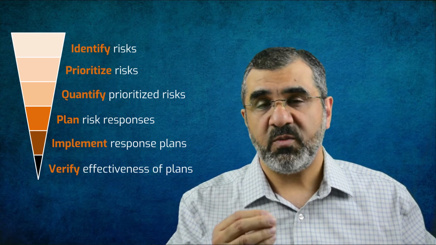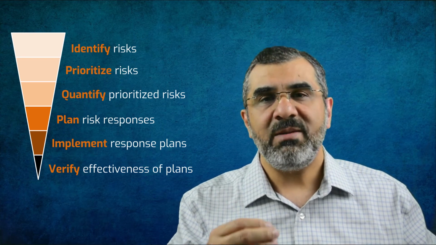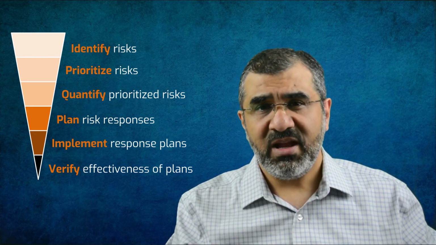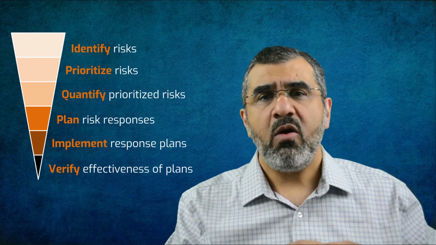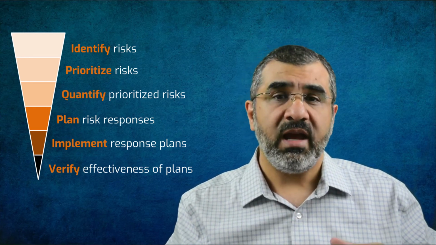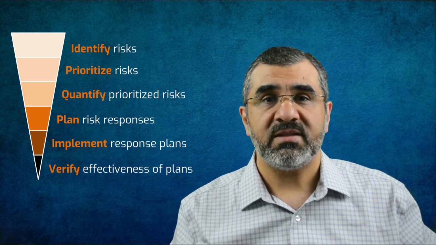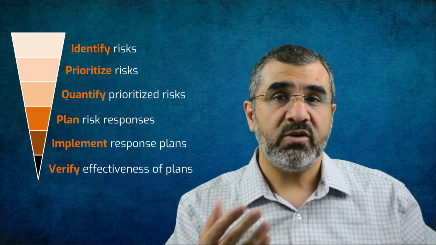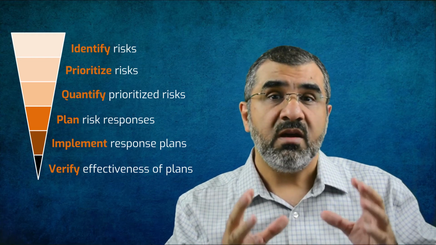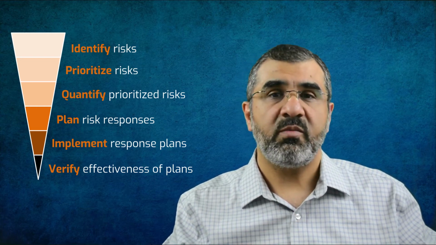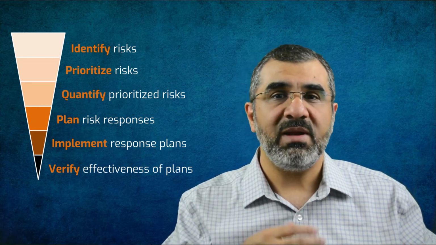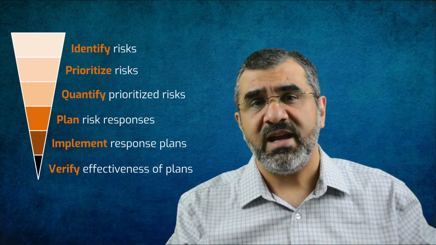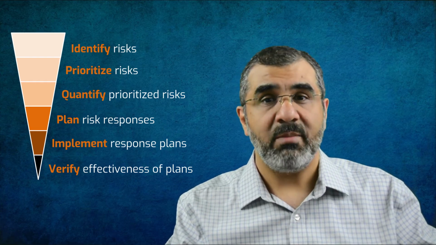If a risk response was implemented, it is time to check if that was a good response or not. Was it an effective plan? What did we miss? How can we improve our remaining and upcoming risk response plans? Ongoing throughout the project, the team may identify new risks, so those risks must go through the same sequence of prioritizing, quantifying, planning, and implementing. So monitoring of risk ensures that all that happens.